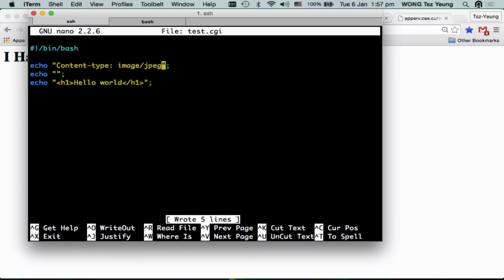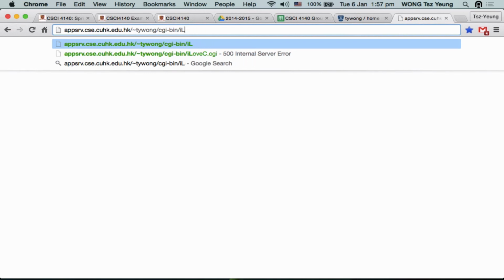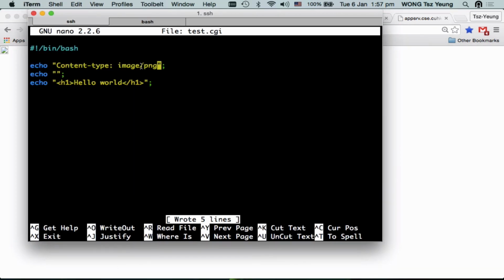Is it image/ATPG? Oh, maybe it's a PNG, okay? I don't know what will happen. Go! Broken image, okay? So